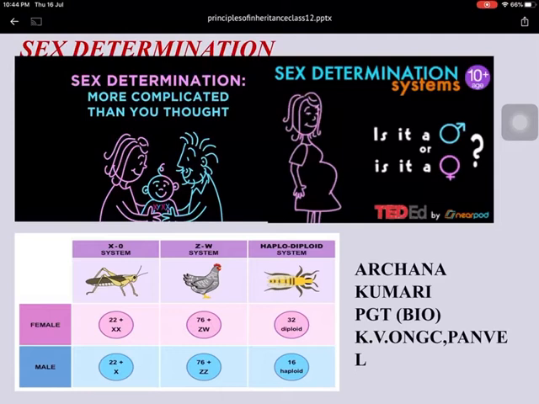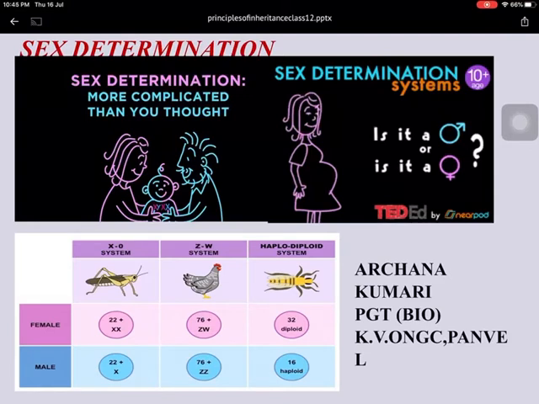When you study the sex chromosome, if there is a similar sex chromosome like XX in the female, such a type of gamete is called homogamety. If the chromosomes are different from each other, then the gamete is called heterogamety. So in human beings, male is heterogamety and female is homogamety.